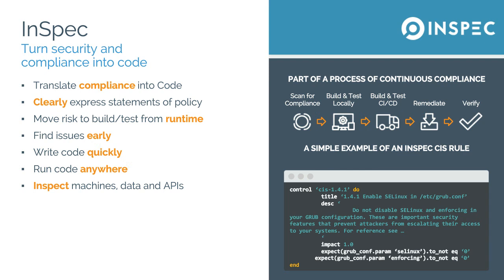And what that means is that it's a set of language structures as well as executables that allow us to express our security concerns in code. And by doing that, we can shift that responsibility and that burden from our production systems, where we scan them once or twice a year, depending on when your audits happen, to continuous scanning by moving all of this over to the left, right?